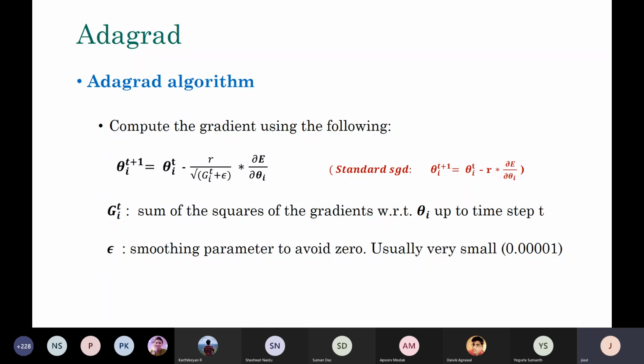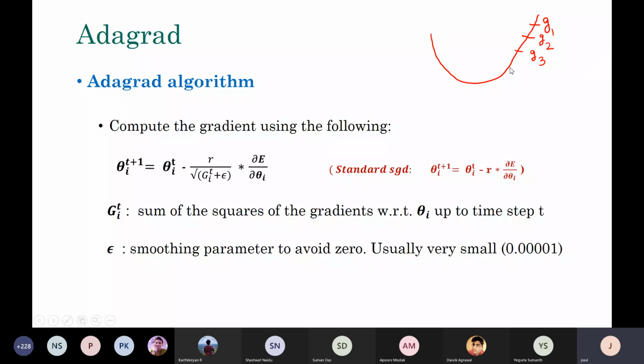So let me just try to draw a small figure and try to explain. Say for example, I have a surface like this, and you are moving forward. So here I have a gradient, and here I have a gradient. I compute this as G1, for example, which is basically for a particular theta. You can consider it a particular theta. So the gradient is G1, del E del theta, something like this. Then here you have G2, here you have G3, and so on and so forth.